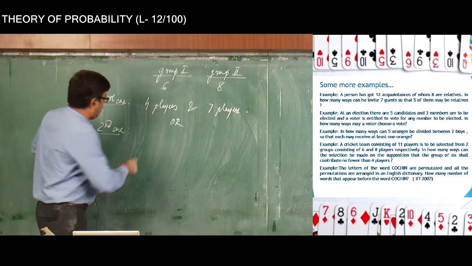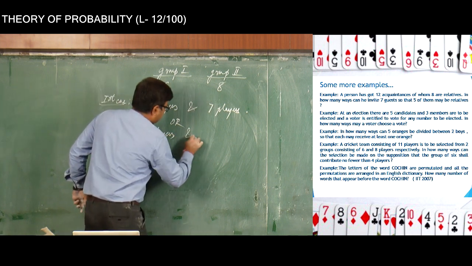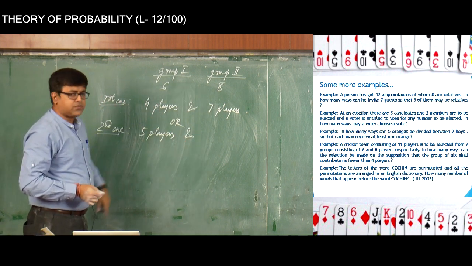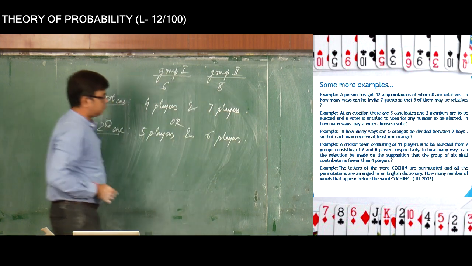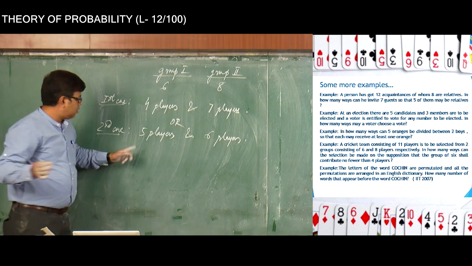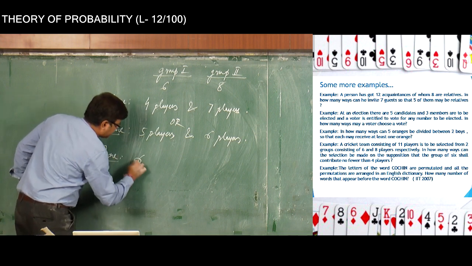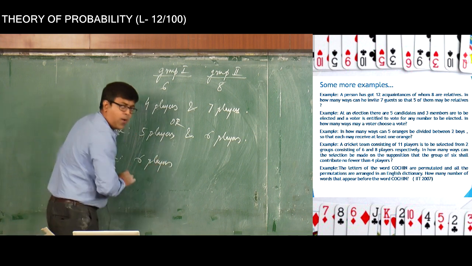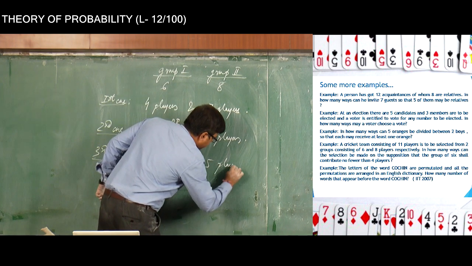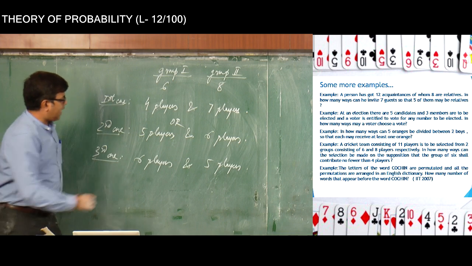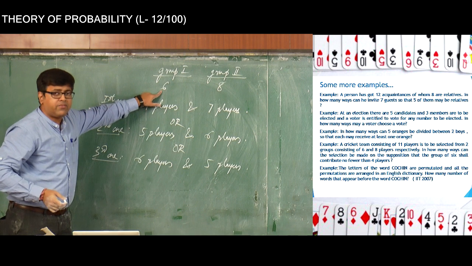Or you may think of going for 5 players from group 1, and so 11 minus 5, that's 6. So 6 players from group 2, that is also a possibility, right? And the third case will be 6 players from group 1 and 5 players from group 2. Now these are the 3 possibilities possible, because we don't have more than 6 players in